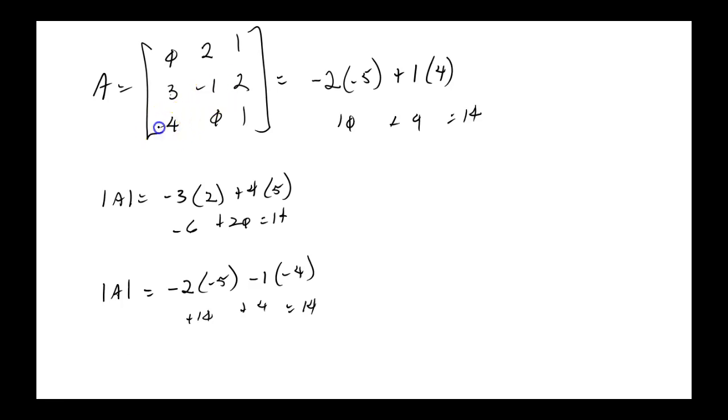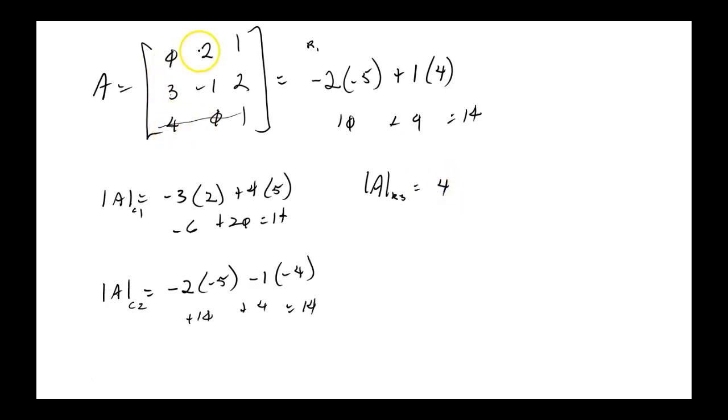Because that also has a 0 in it. So we're going to use that third row. I'm sorry, I shouldn't have wiped that out. And we're going to start with this 4. So the determinant of A from row 3. Okay? This was column 1. This was column 2. The one up here we did by row 1. By row 3, which also has a 0, we start with this, and that's in a positive position, so